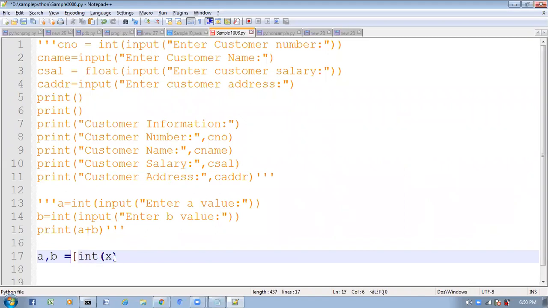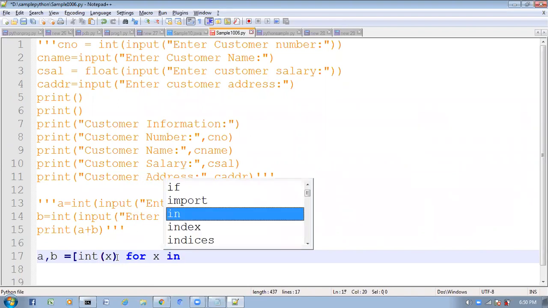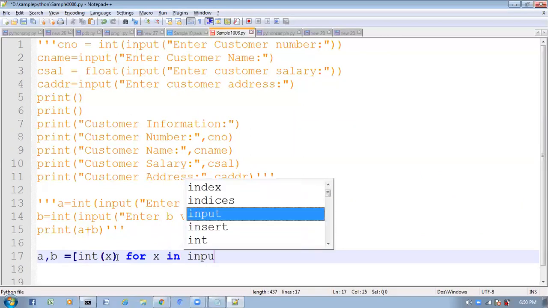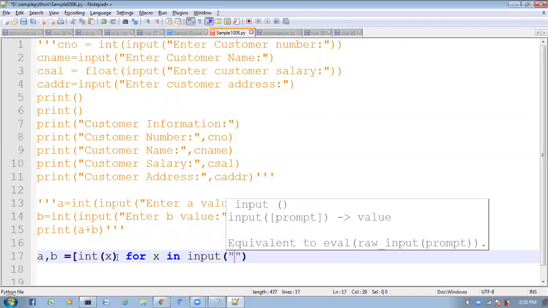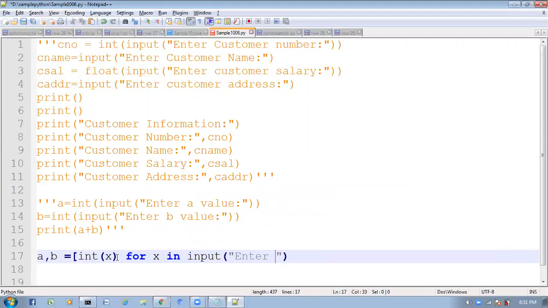Take inside the list, like int of x. So now here what I am going to write? Int of x for x in, where do you want to take x value? For x in, here input of enter A and B values.